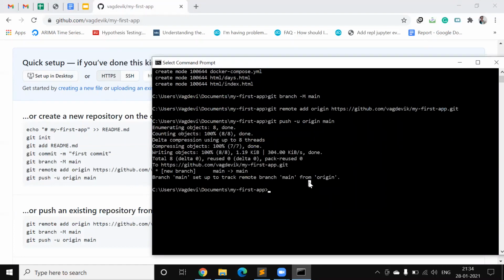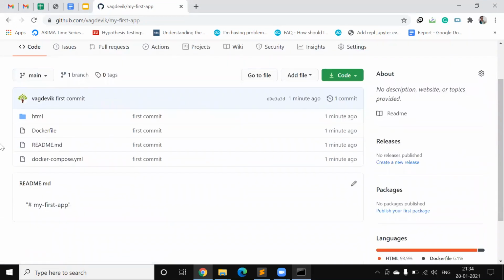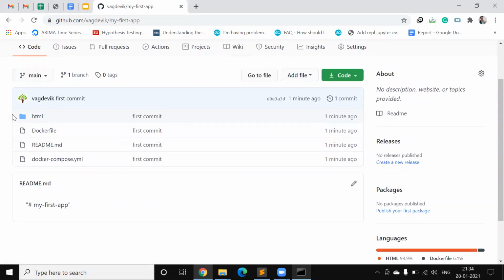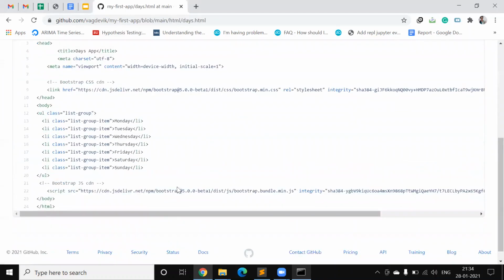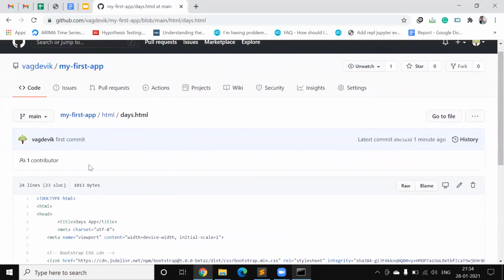And yes, this is done. Now we shall go to this GitHub and refresh this using Ctrl and R or this button too. So whatever the files are there in our local repository, everything is reflected here. So we have successfully uploaded or committed our code or pushed our code onto GitHub. So even if we open this, we can see the same code which we have written in our local repository. In this way, we can keep track of changes of the code, and we can also store our code just like a bank here using GitHub.